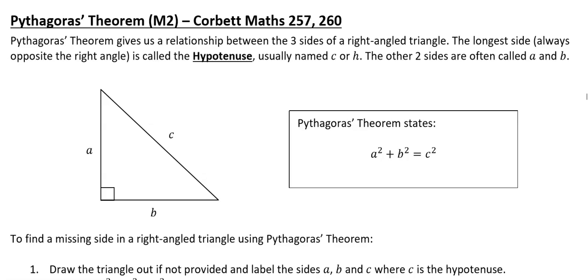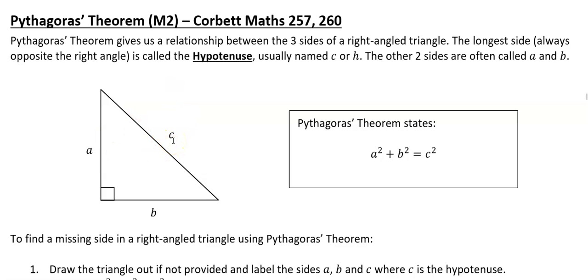In this video we're going to look at Pythagoras Theorem. Now Pythagoras Theorem is used to find the missing sides in a right angle triangle, and it can only be used in right angle triangles. Pythagoras Theorem states that a squared plus b squared equals c squared, and this is where c is the